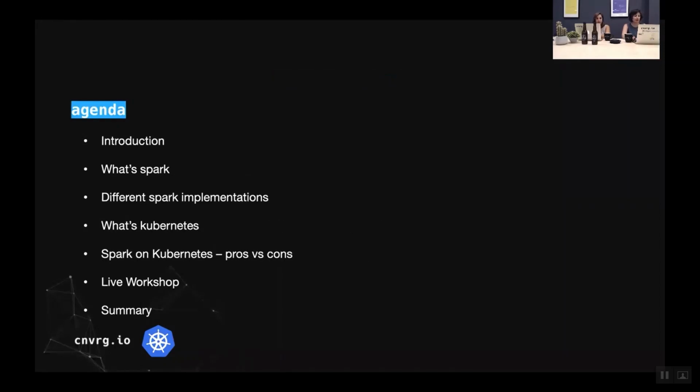Review what's Kubernetes, Spark and Kubernetes architectures and pros vs cons, a live workshop, and a summary at the end. Feel free to ask me any kind of question during the session, and I'll try to answer all of your